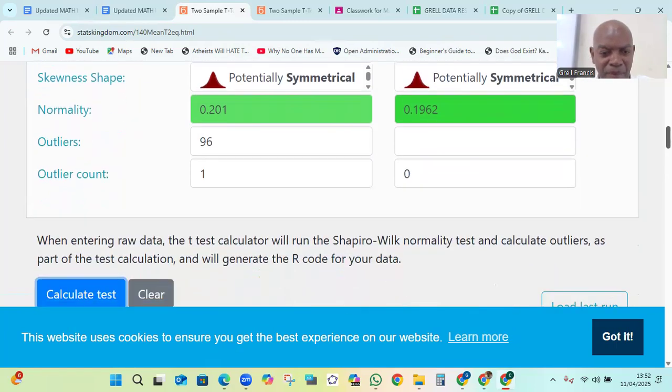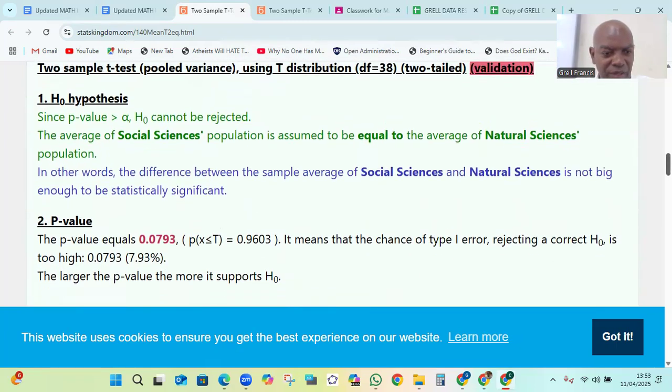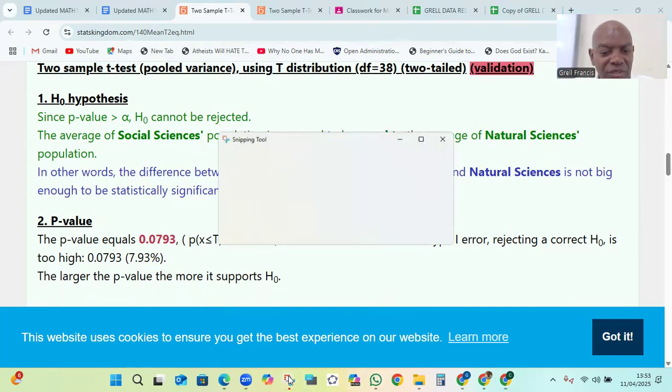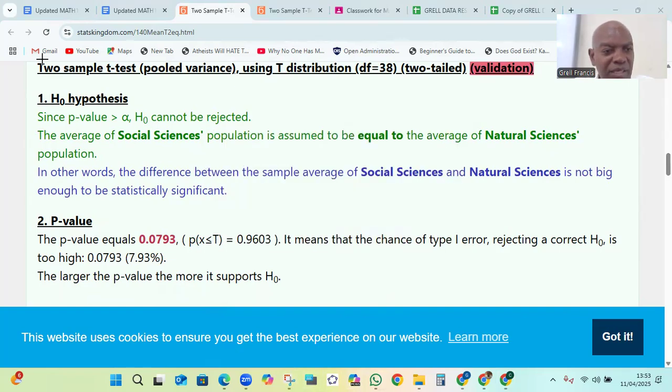75 to 69 was not a significant difference. And as you can see, the p-value was 0.07. So almost, 0.07 is not so far from 0.05. So there was almost a rejection of the null hypothesis. There was almost a conclusion that there was a difference, because 75, 69, a difference of 6, more or less. But still, the calculator said that this difference is not significant and gave us a p-value of 0.0793. So what you can do now is to screenshot this and add this to make it part of your